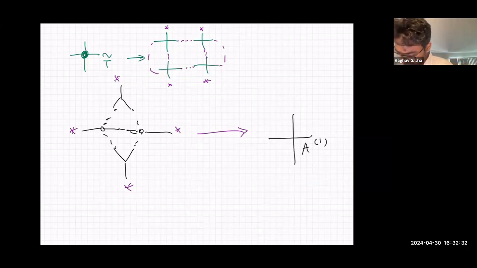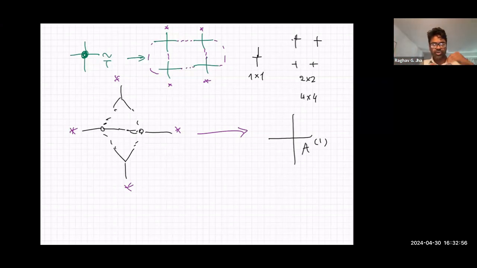And if you do this coarse graining n number of times, here we have done this just once. So basically you go from 1 by 1 to 2 by 2. If you take this tensor and combine 4 of them together, you go from a 2 by 2 lattice to a 4 by 4 lattice. So if you keep on doing this, truncating the singular values from the SVD sufficiently so that it fits in the memory, everything is fine, and you do this n number of times, you get a tensor which is A to the n,